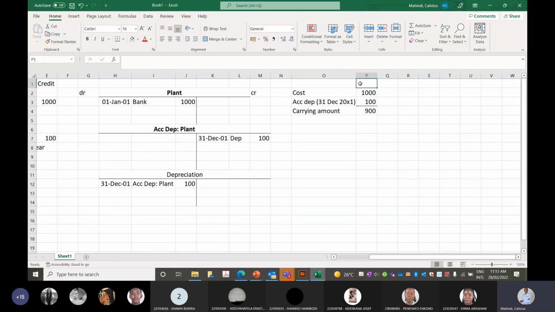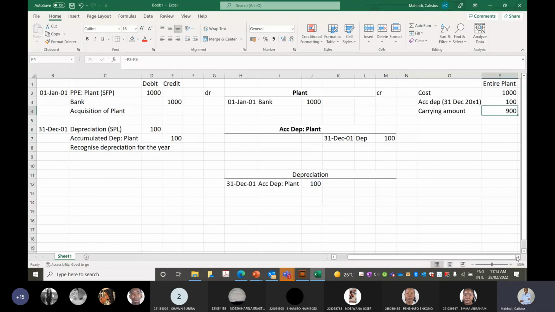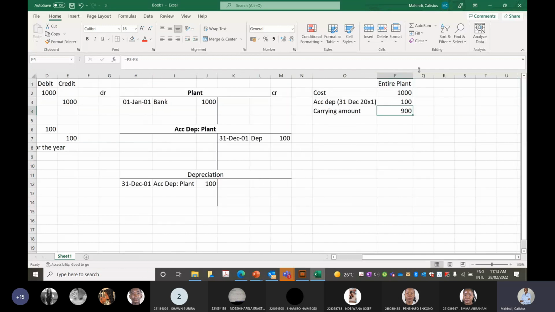This is for the entire plant. That was for the entire plant. Okay. But then what happened? We are only disposing of the engine. So if we look at the original engine,